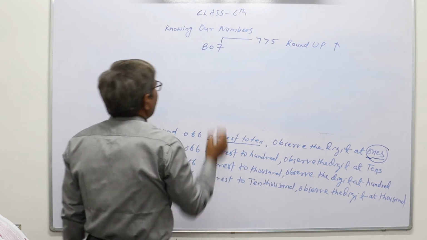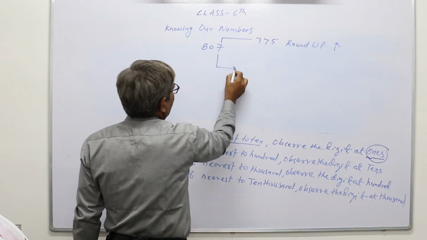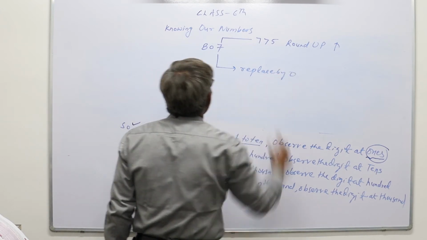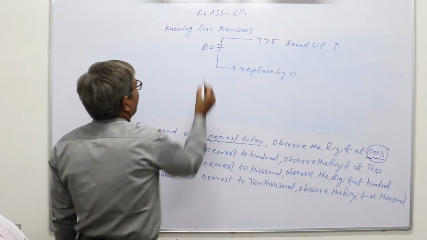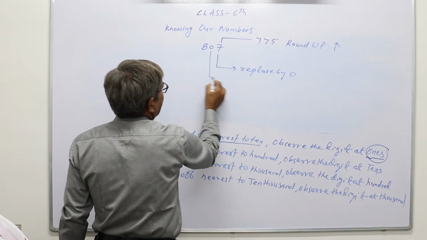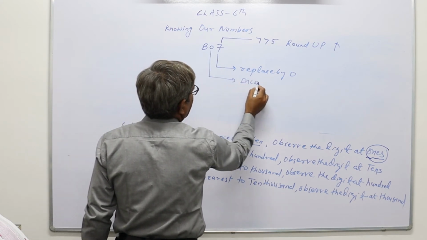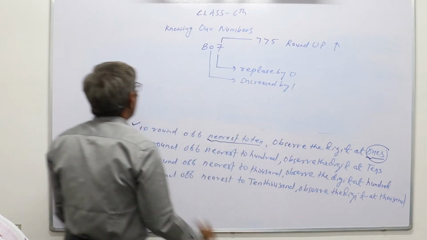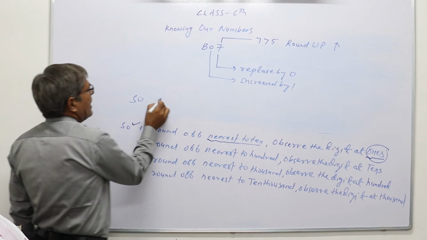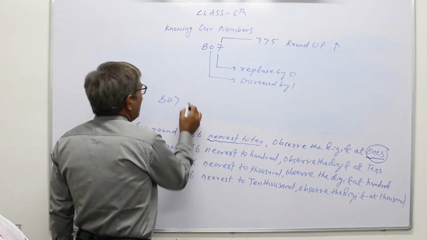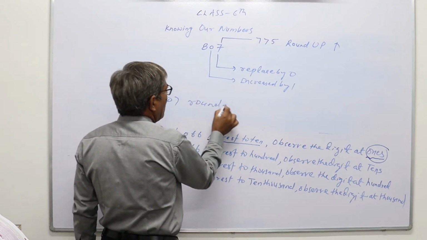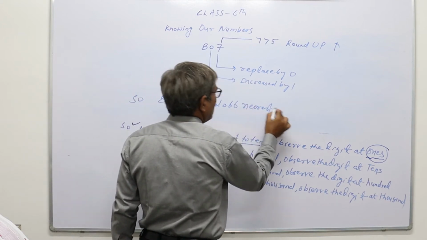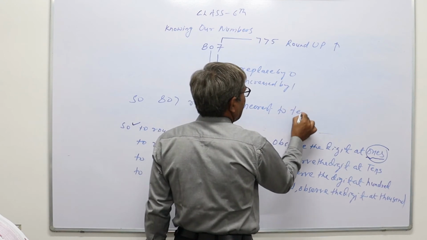How will we round up? The ones place digit will be replaced by 0 and the tens place digit will be increased by 1. So 807 rounded off nearest to 10 is